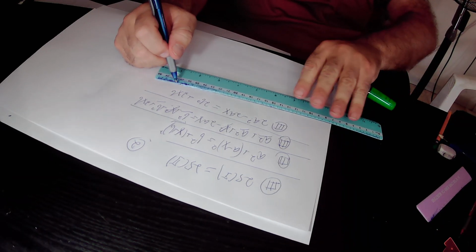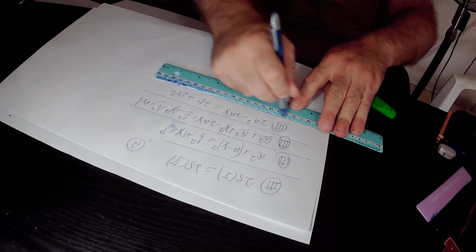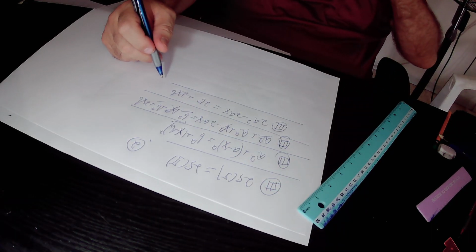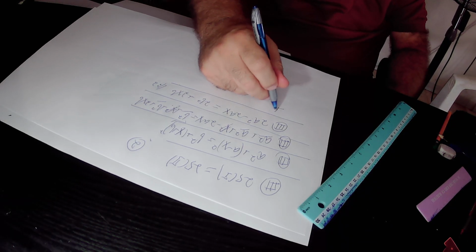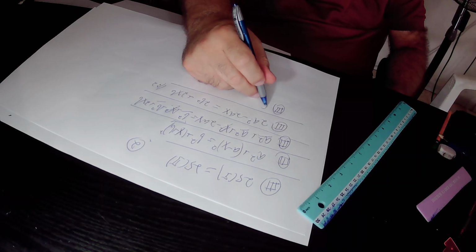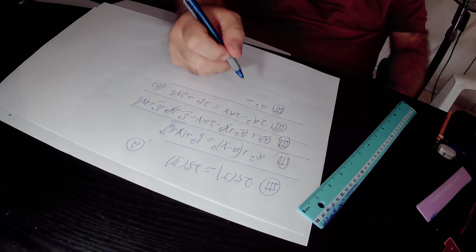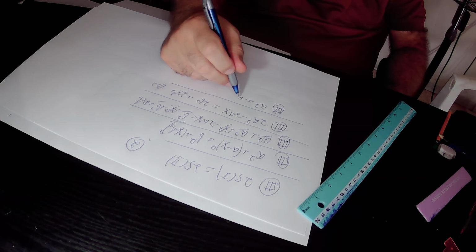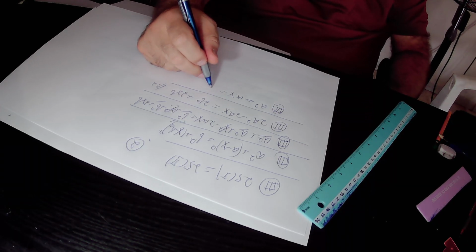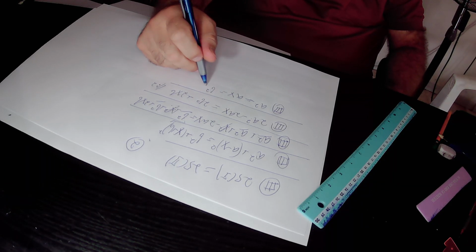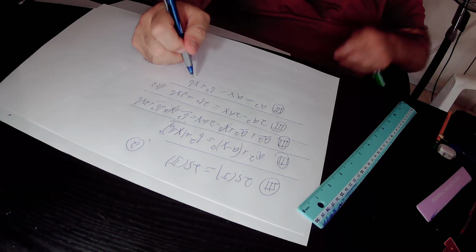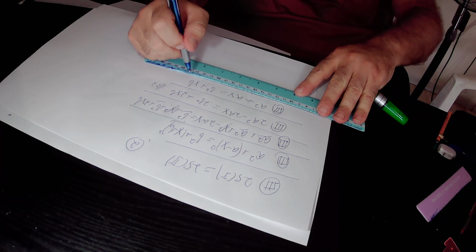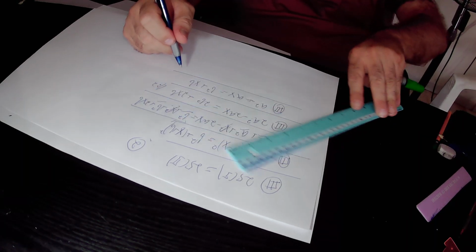So in total, according to equation 3, we actually found out that 2a squared minus 2ax equals 2b squared plus 2xb. Here we divide this equation 3 by 2, and we get that 2a squared over 2 is a squared, minus 2ax over 2 is minus ax, equals 2b squared over 2 is b squared, and 2xb over 2 is xb. So in total, according to equation 3, we actually found out that a squared minus ax equals b squared